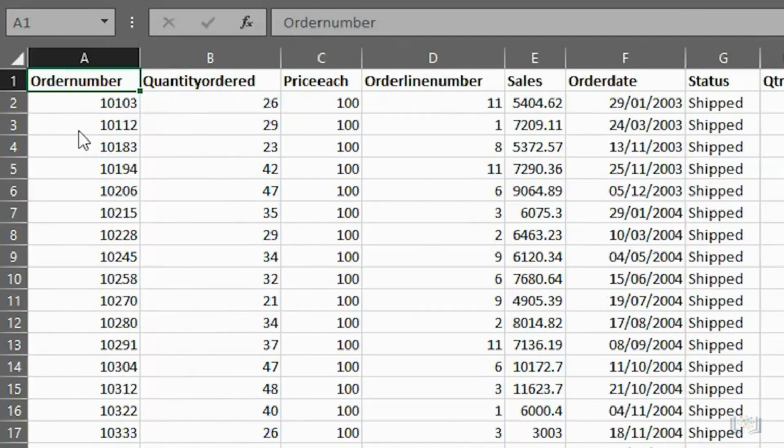It's quite common to receive data that has a mixture of date formats, or that uses a date format that isn't suitable for your region. Now let's look at how to change the format of some dates. You can see that this date format is currently using a 2-digit day, a 2-digit month, and a 4-digit year